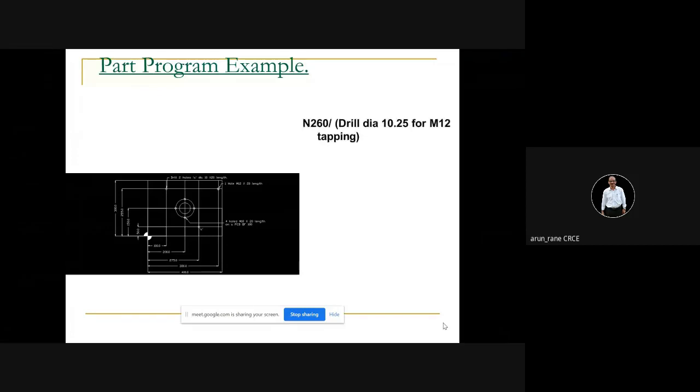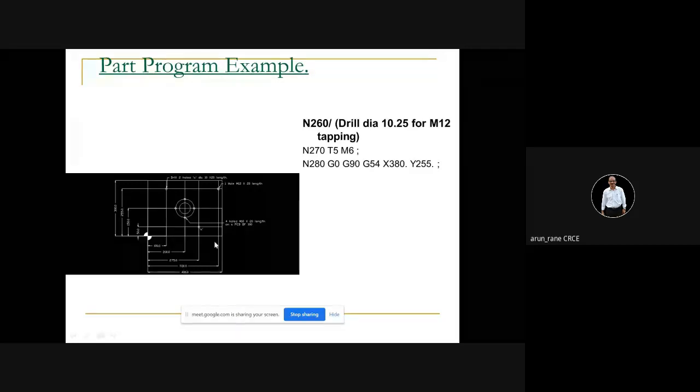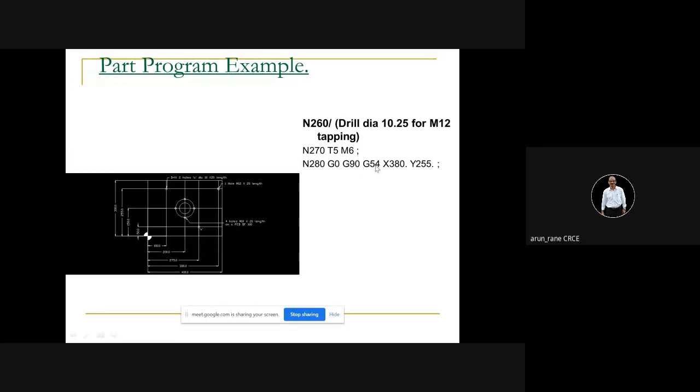So this is the drill size for M12, and its location is X380 and Y255. G54, again I am telling you, you may be finding it boring, sir, why do you keep telling again and again. G0 is rapid movement, G90 is absolute, G54 is work offset, in which you give where the zero point of the workpiece is with respect to the machine zero point.